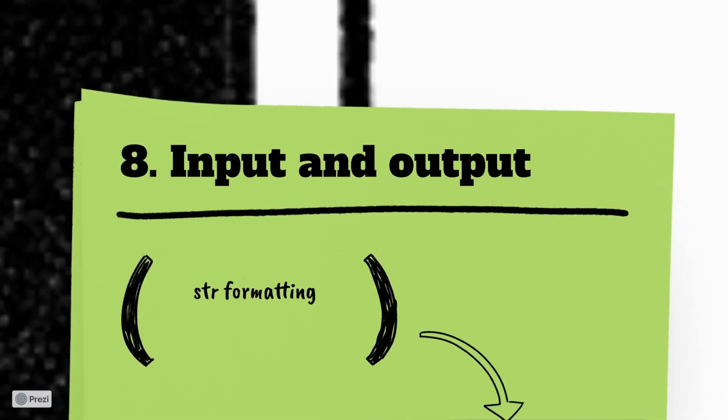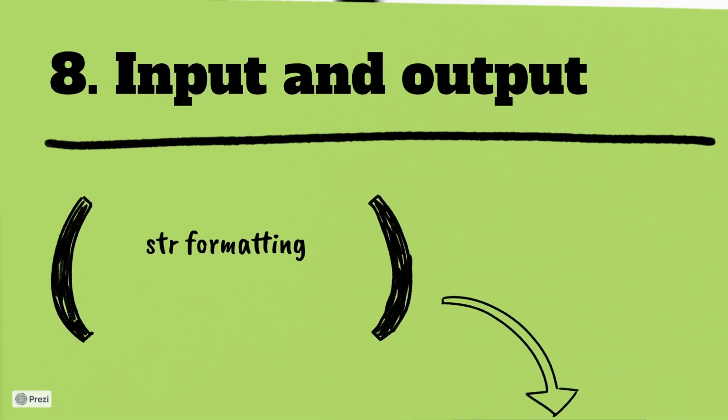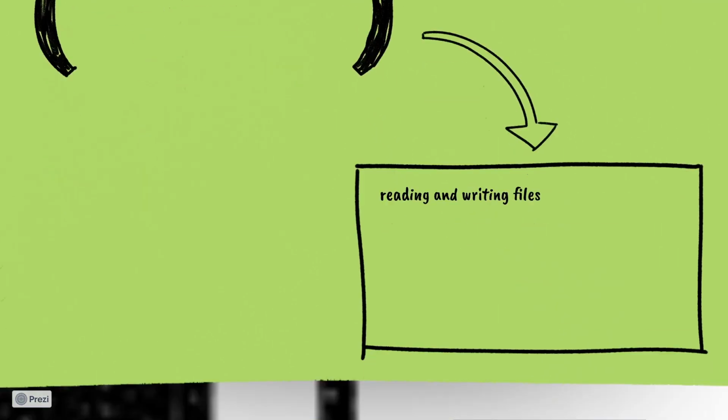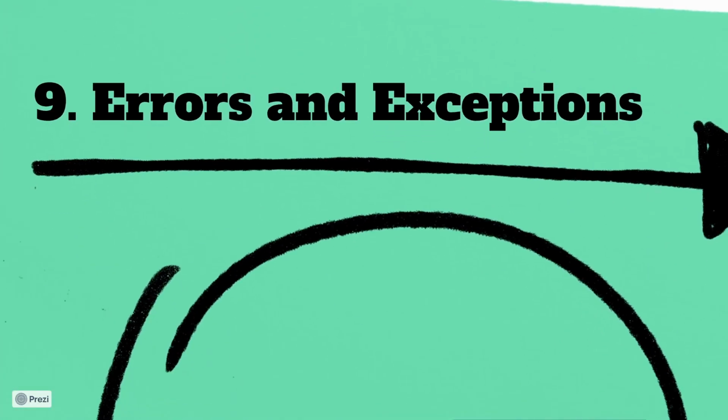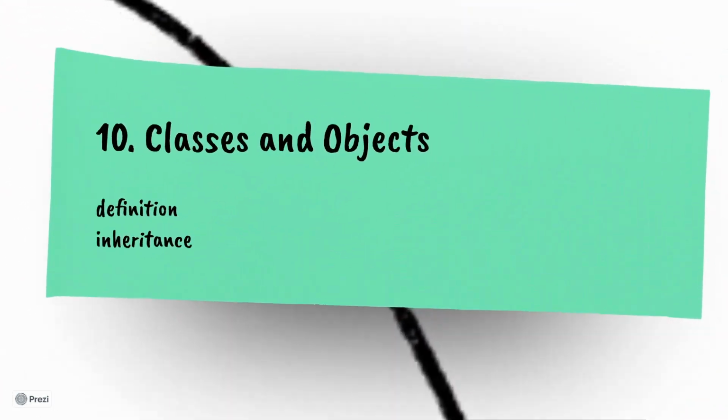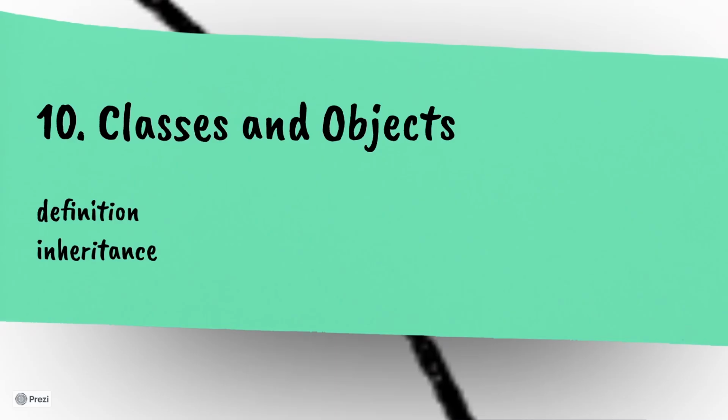You must have heard a program is essentially a box which accepts an input and provides an output. We will experience this in the section on input and output. A good programmer ensures she takes care of all the errors and exceptions, and we learn exactly how to do that in this section. We then learn to create templates for our programs called classes, and we also learn how to instantiate objects from these classes.